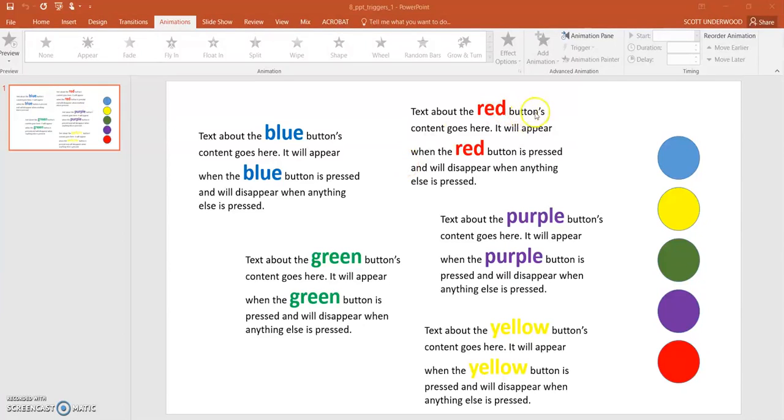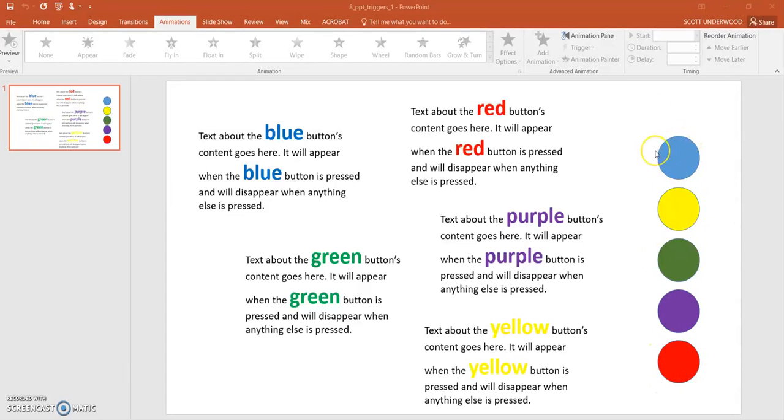All right, so open up your PowerPoint, and if you notice, we have 5 buttons along the right side. They could be on yours, 5 pictures, 5 elements. This is, again, your navigation bar. So hopefully you've thought about your theme a little bit and how we're going to get around to your 5